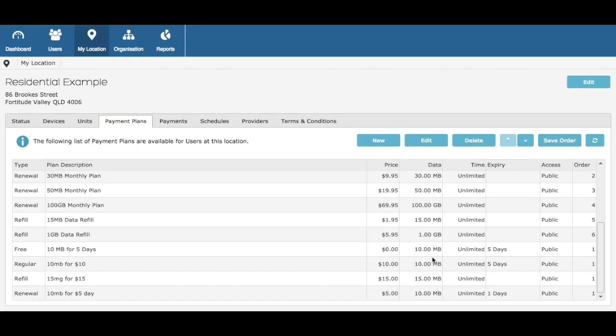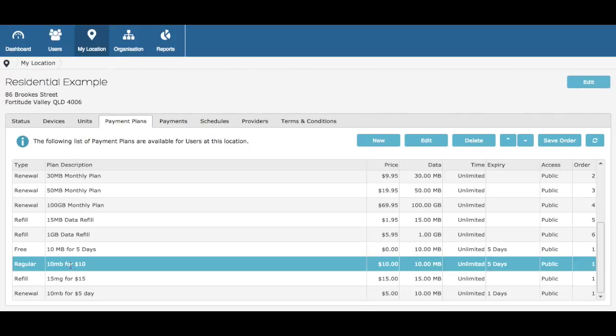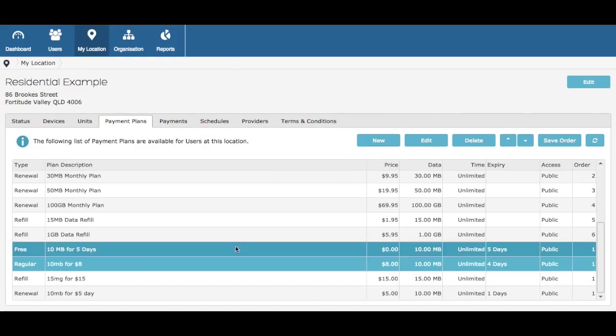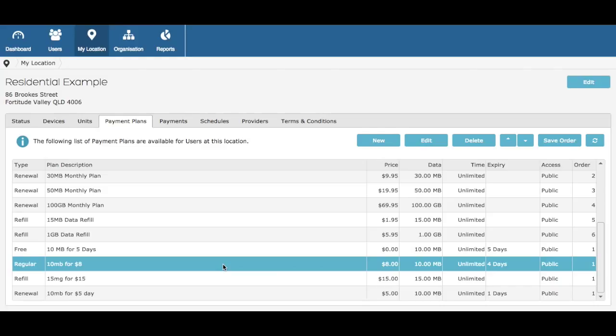Once you've set up your plans, you can easily access and edit them from the Payment Plan tab. To edit a plan you've created, simply click on the plan off the menu and make adjustments from the pop-up window. Say for example, I want to change the price of this plan to $8. I need to change the name and possibly the expiration date, for 4 days, and then to update, click the update button,